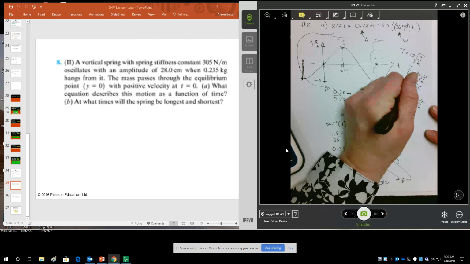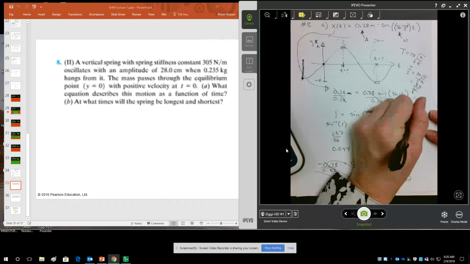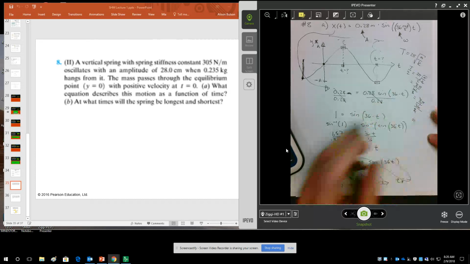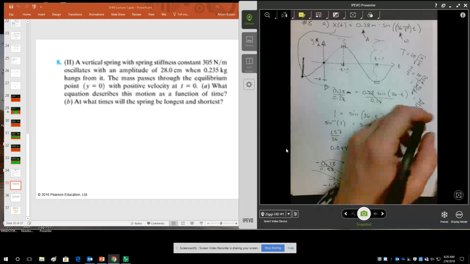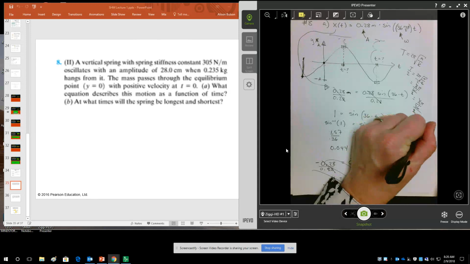Divide by 2, divide by 2. I realize I'm getting messy, but we can talk about this more in class. So I'm finding that half a period is a time of pi divided by 36, so a time of 0.087